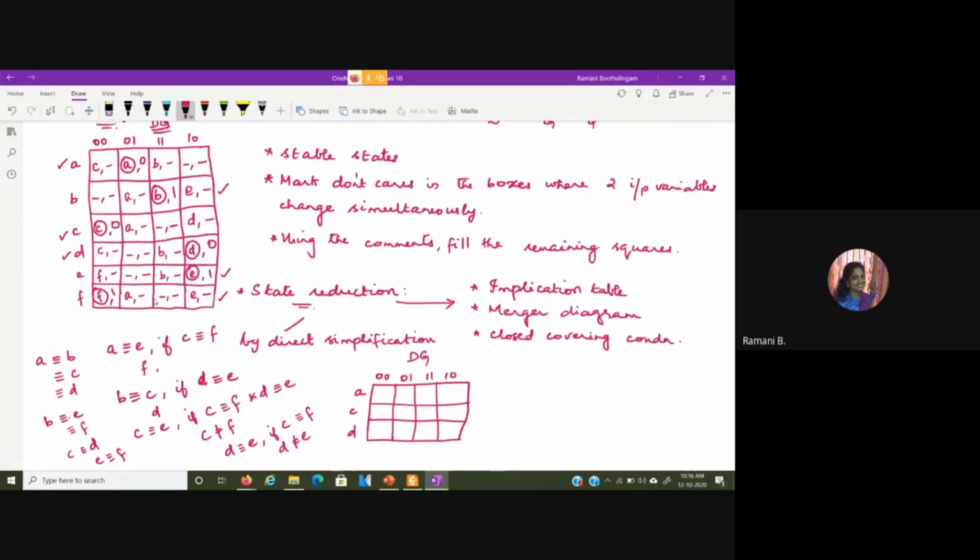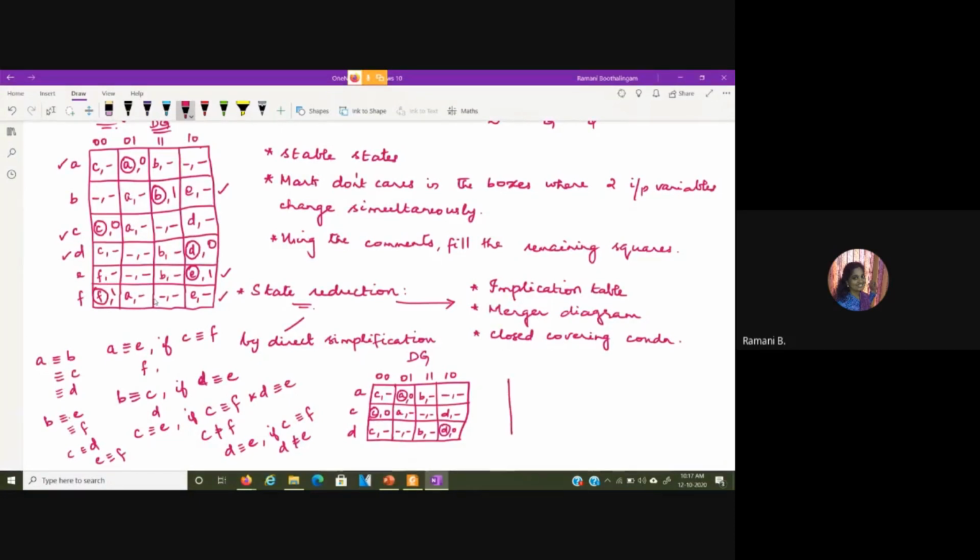So here we write the values as such. For A: B comma dash, dash comma dash. Then for C we have C and 0, A comma dash, dash comma dash, and D comma dash. For D we have C comma dash, dash comma dash, B comma dash and D comma 0.